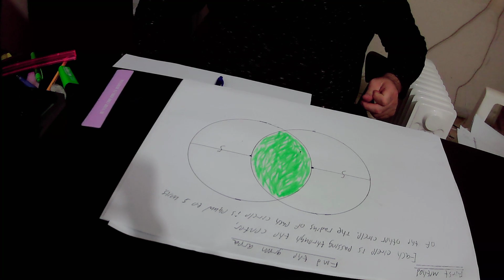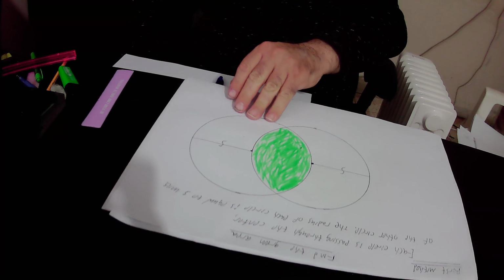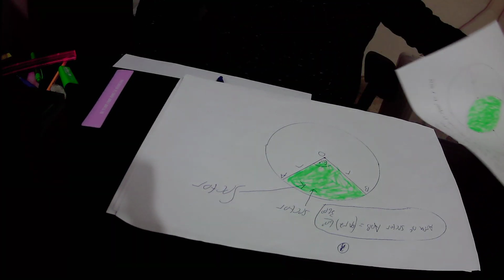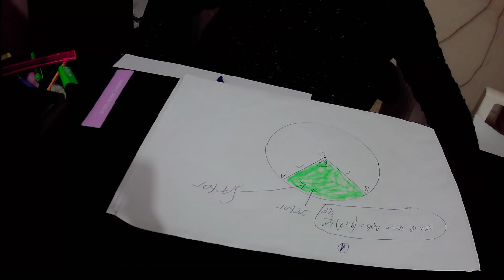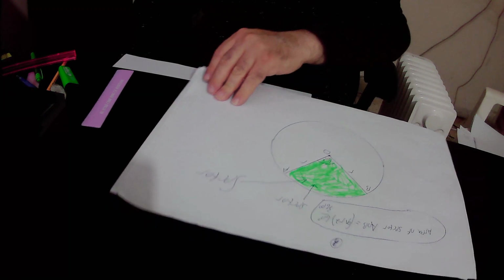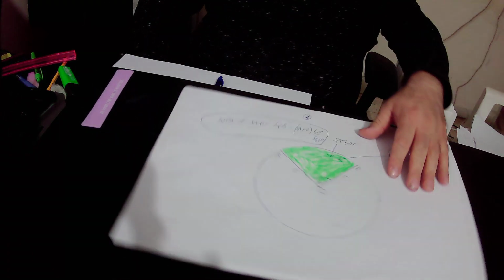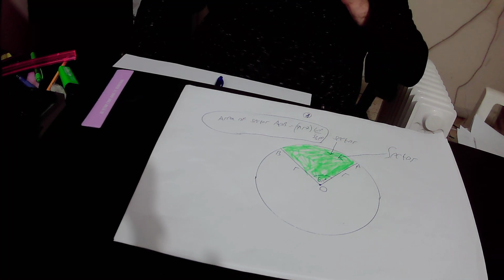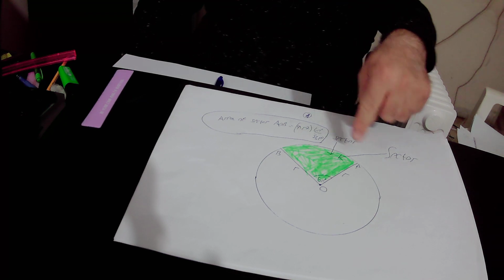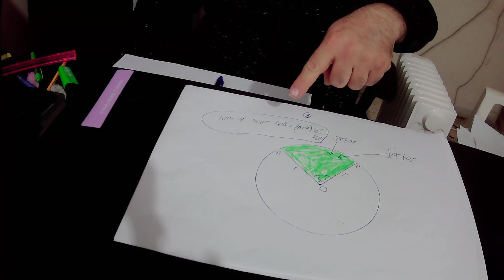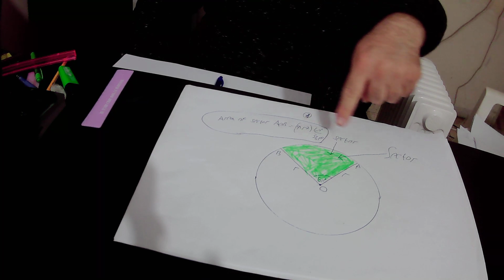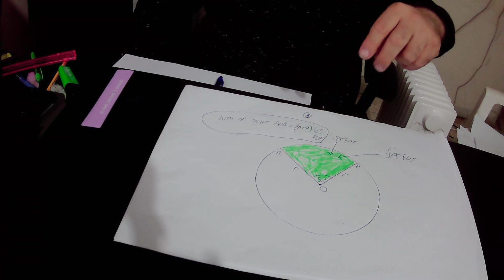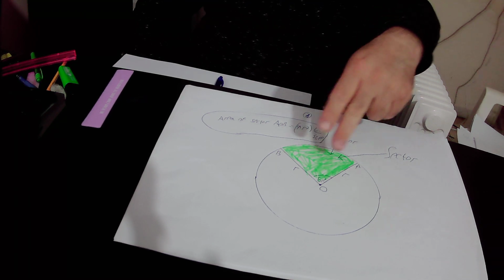first of all I'll explain to you what is a sector. A sector is part of the area of the circle that is bounded by two radiuses and the arc that is included between those two radiuses. So this green shape is sector A or B,